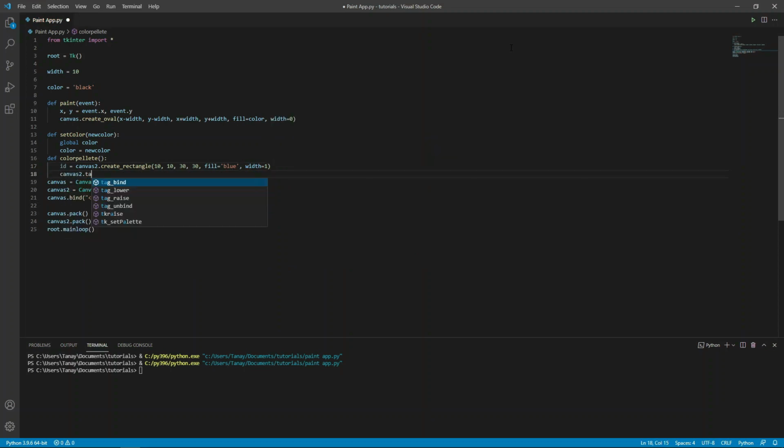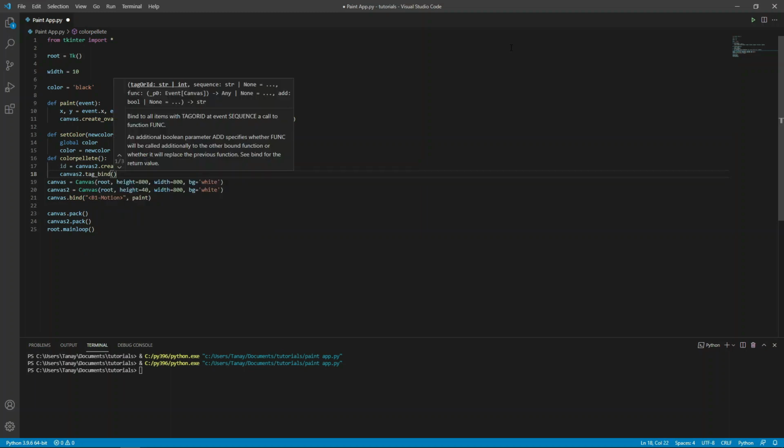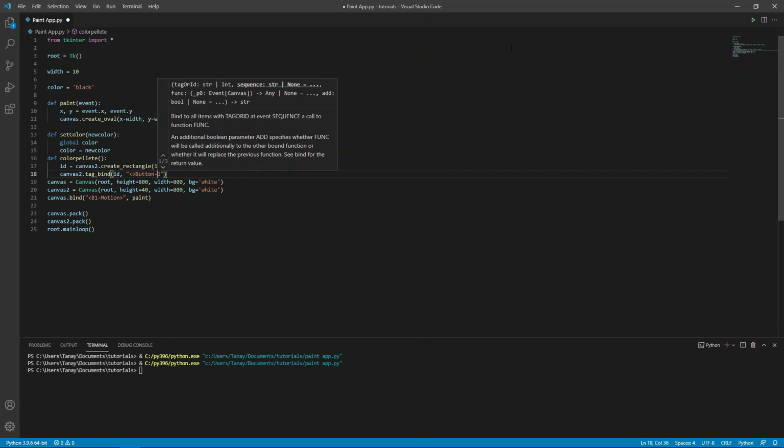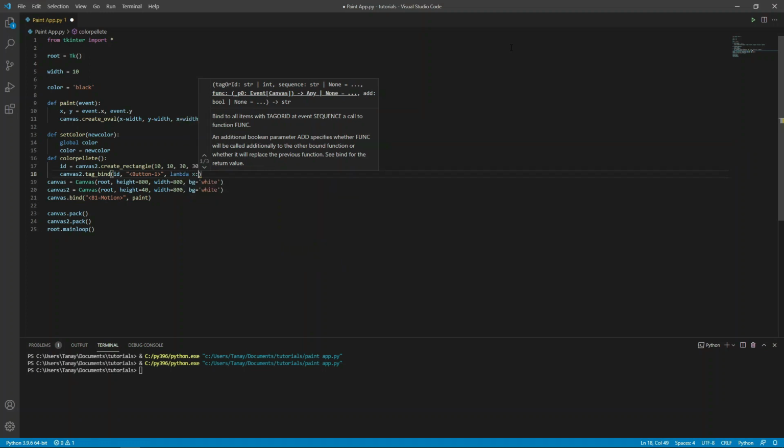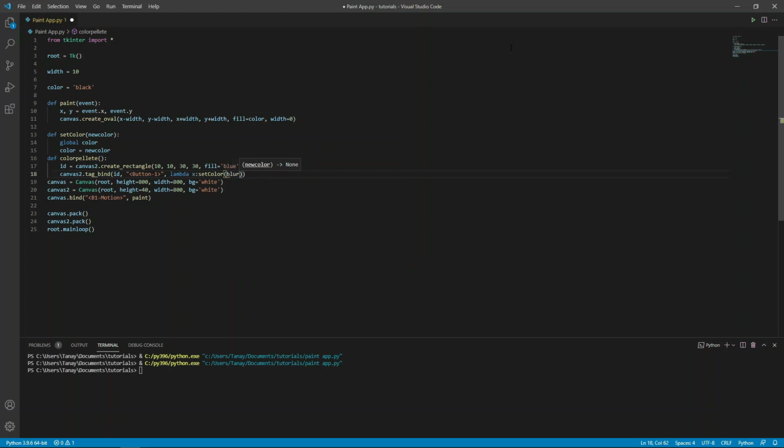canvas2 dot tag bind id comma button1 comma lambda x colon set color blue. Make sure that this blue is a string.